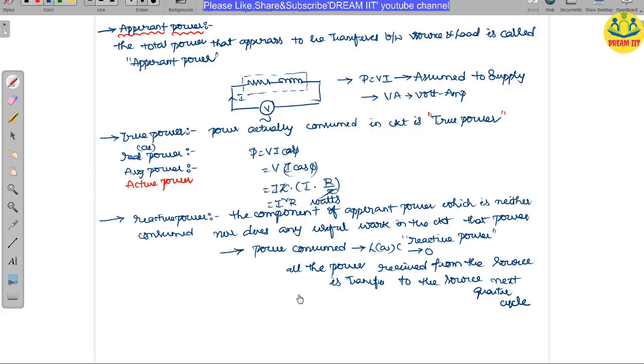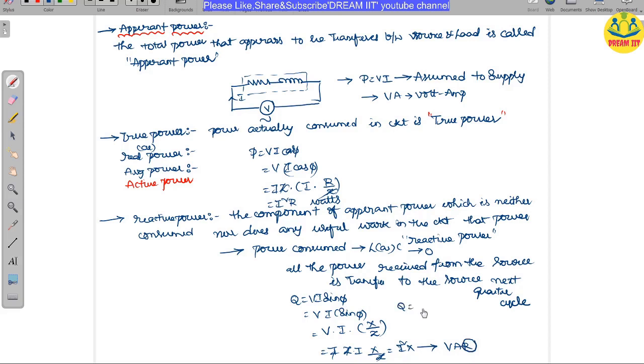Actually, reactive power is V I sin phi, that is the perpendicular component. So V into I into sin phi. From the triangle we can write I sin phi as I times X reactive divided by impedance, so you get I into Z, that is I into X by Z. Z gets cancelled, and we get I square into the X component. It is measured in VAR, that is volt ampere reactive.